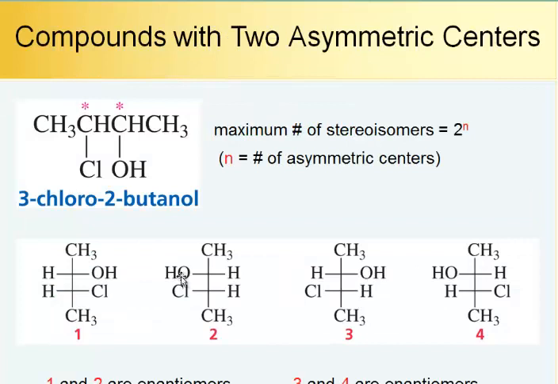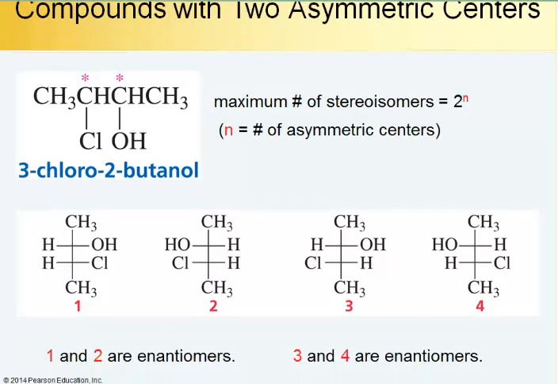Now, it is possible for compounds to have more than one asymmetric center, and those asymmetric centers would then be named differently. Now, each asymmetric center can produce two different isomers. Therefore, the maximum number of stereoisomers is 2 raised to the nth power, where n is the number of asymmetric centers. So when you have a compound like 3-chloro-2-butanol, you can expect there to be 2 squared, because there's 2 asymmetric centers, or 4